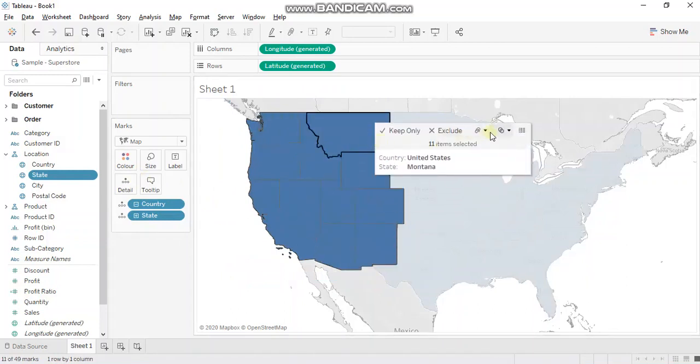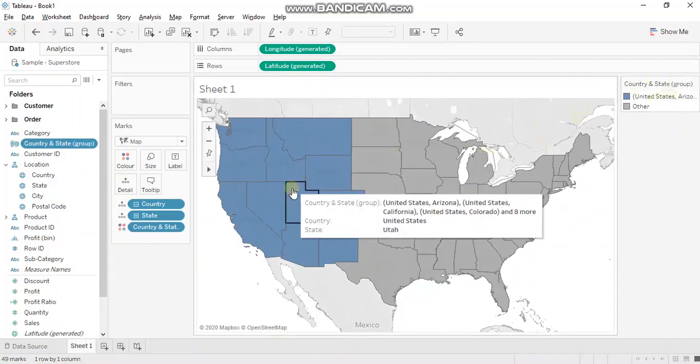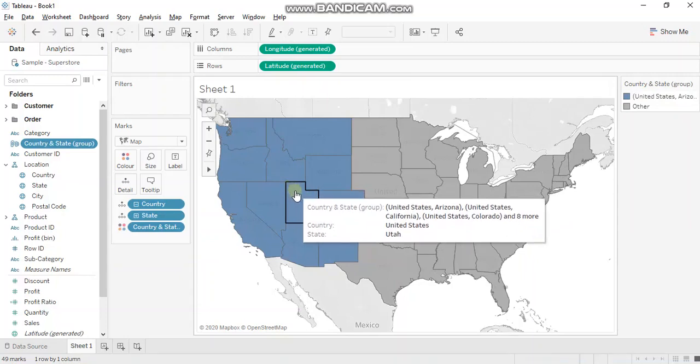I'll hover over here and you'll see there's a paperclip icon. The paperclip icon represents a group. So one group has been created. We'll discuss how the naming convention follows when you create a group and how the categories get created.